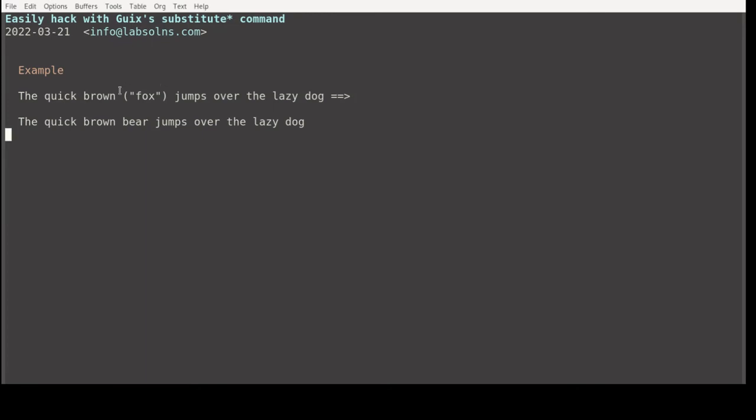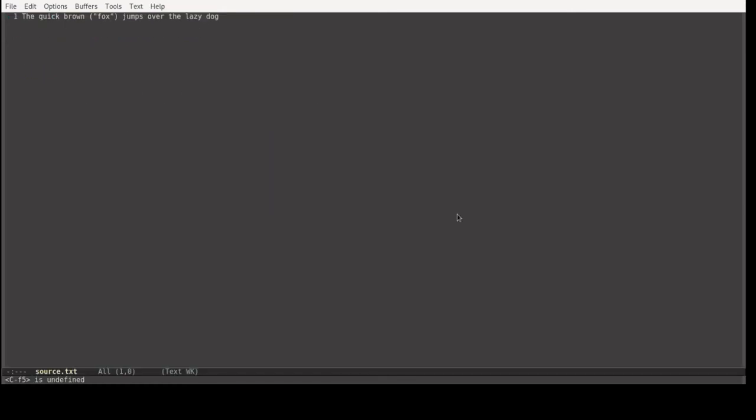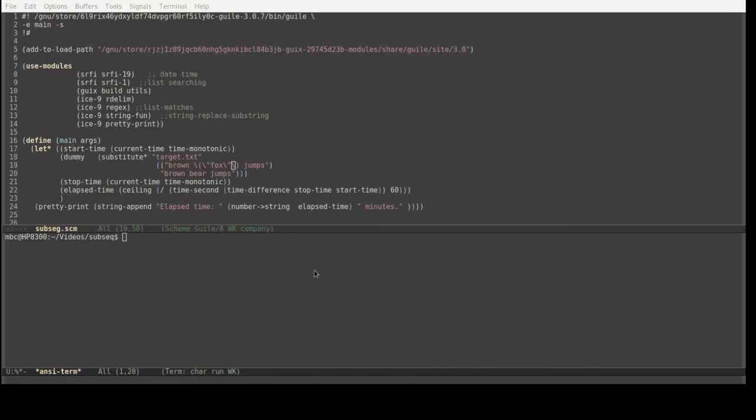In this example, we will change this text to this text, essentially removing the parentheses and double quotes and changing fox to bear. Here is the content of source, the input text. I am at a terminal now, so in my scheme file I've indicated my original text with a regular expression and the text that I would like to change it to. So I can run my bash file